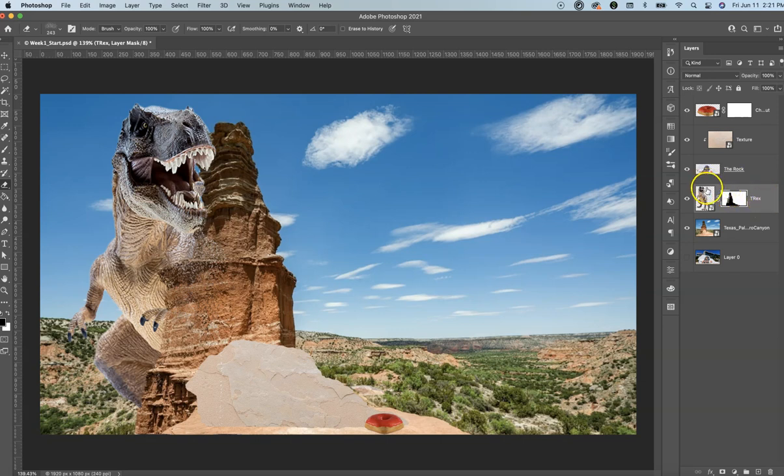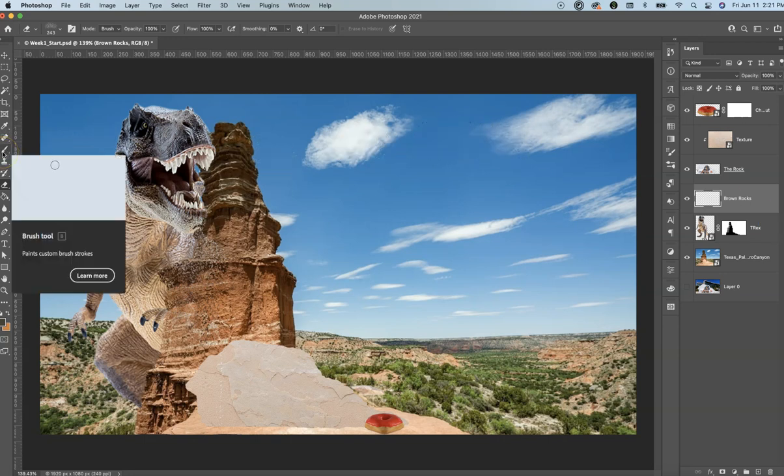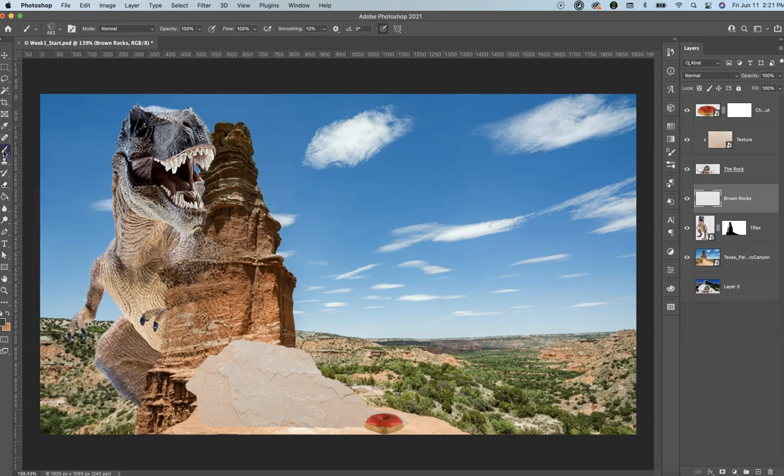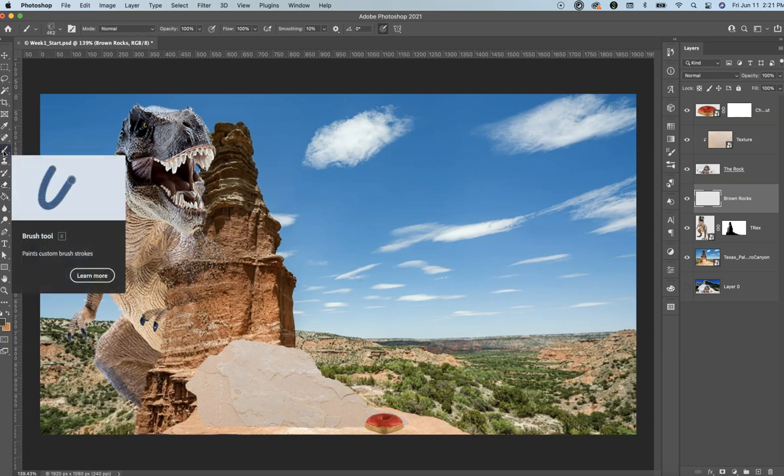And now, on top of the T-Rex mask, we're going to add a new mask, just like I showed you. We're going to name this Brown Rocks. What I'm going to do here is, instead of erasing, I'm going to paint. So the paintbrush tool, or the brush tool, I'm sorry, on the left side,